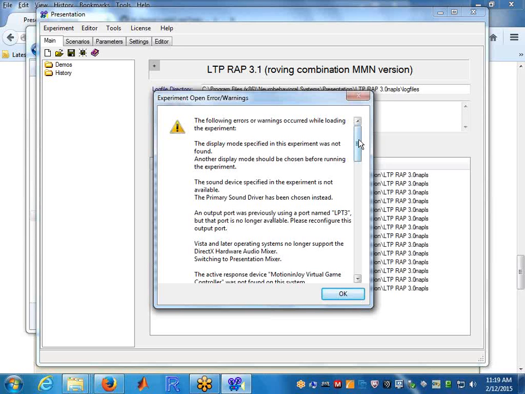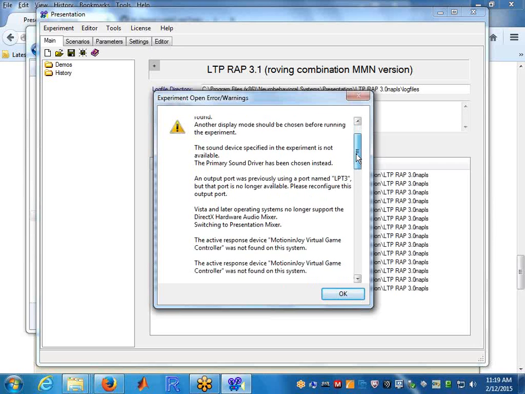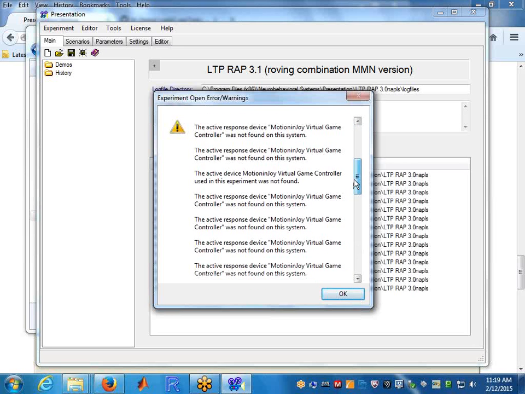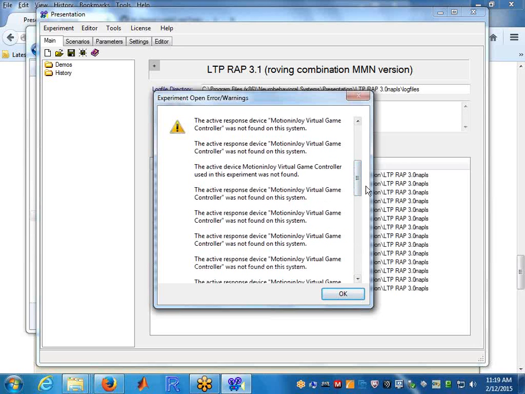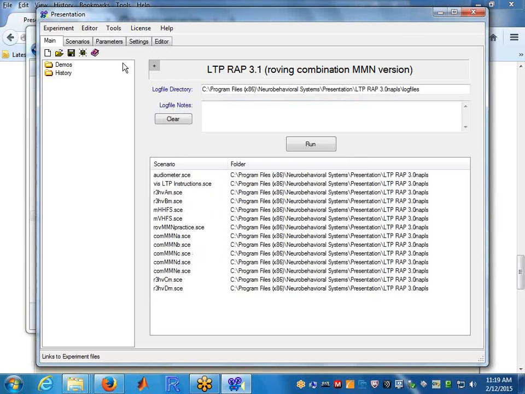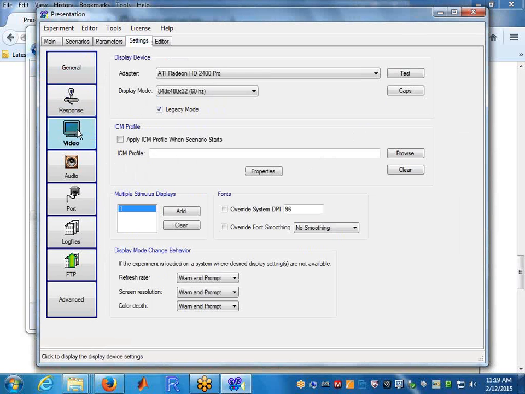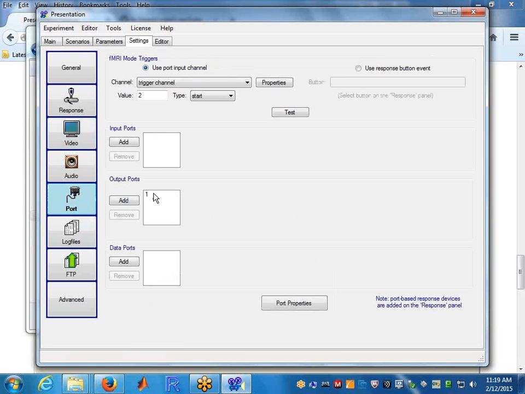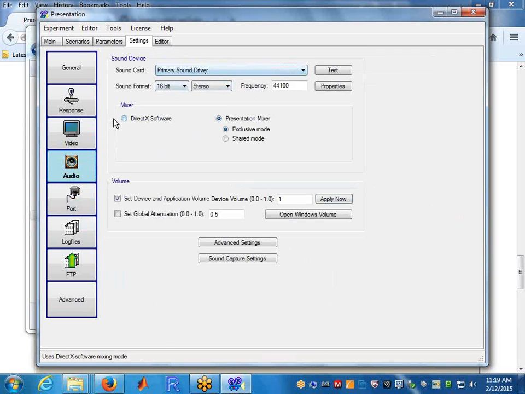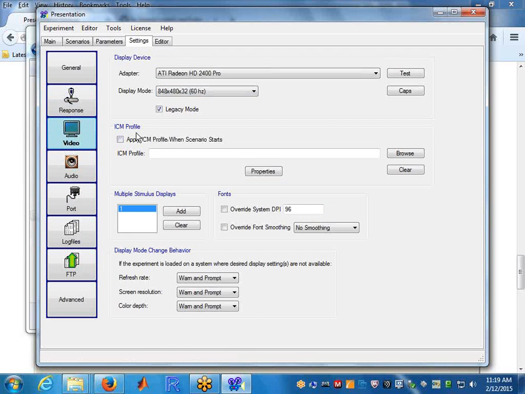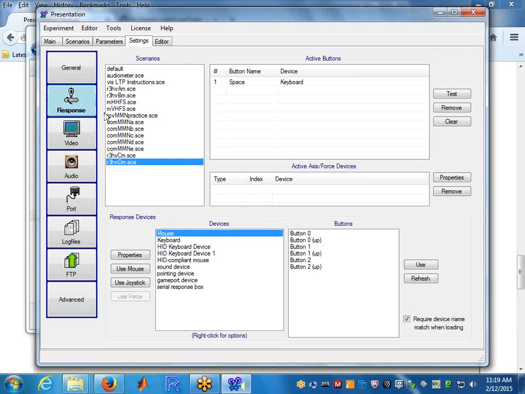And let's see here. So it does not like, actually it still doesn't like the display mode and sound device. In addition to that, we've got all these Motion Joy virtual game controller not found errors. So it looks like on my computer it hasn't saved any of the settings that we just put in place. So the output port is still not specified. The audio has reverted. Hopefully it goes better for you at your site. Okay, so let's now look at the response